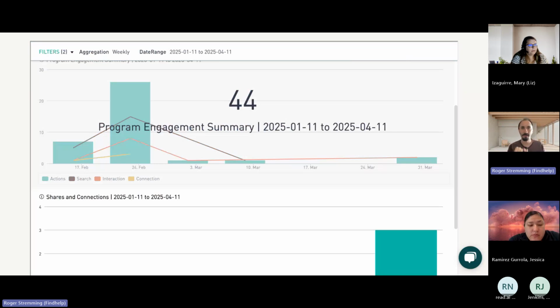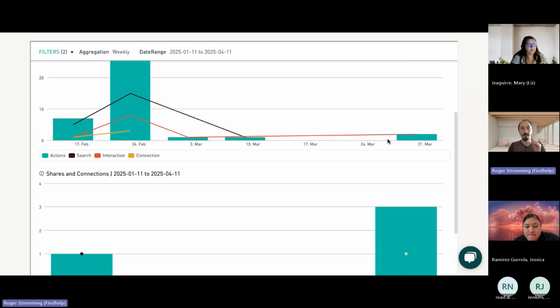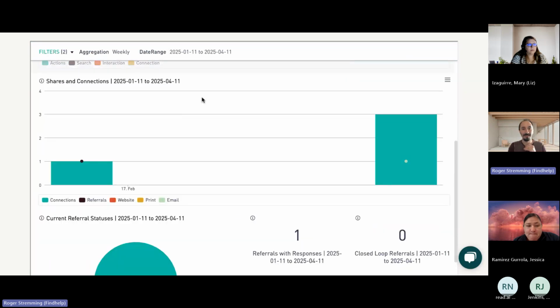So that's things like the share button, right? That's clicking on your phone number to open it if they're on a phone. If you set up your referrals, they are connections, and I'll show you they do get separated out specifically, but referrals count as a connection type. So it's a great way just to kind of get an overall view, and you can see here shares and connections is